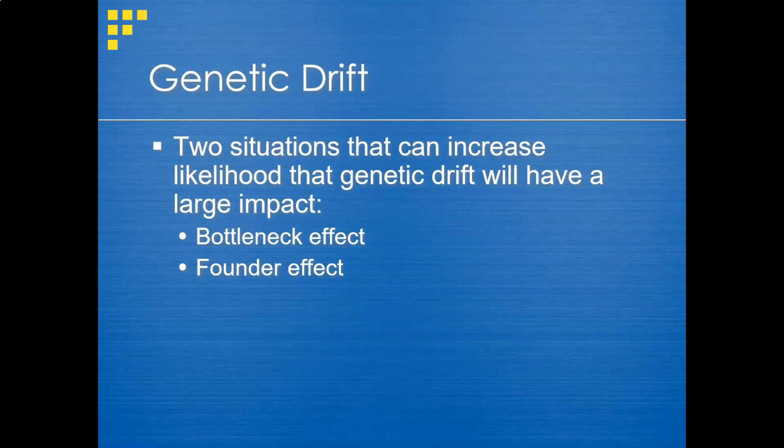So there's 2 situations where this genetic drift tends to have large impacts. And so we discuss them, we characterize them, and that's your bottleneck effect and your founder effect. So really these 2 situations are, how do I get a population so small that genetic drift has the potential to actually become a process that's occurring.